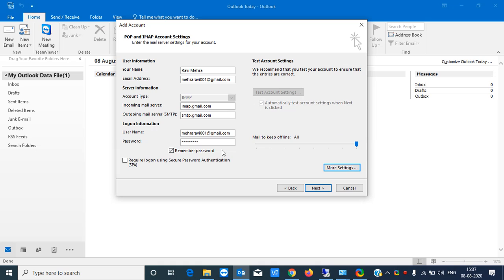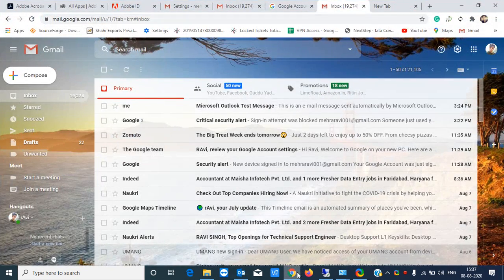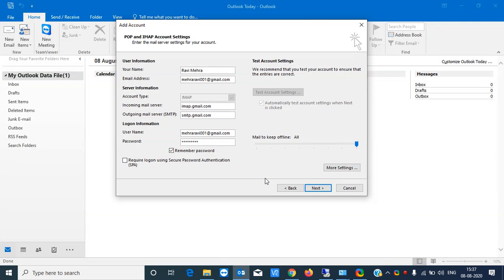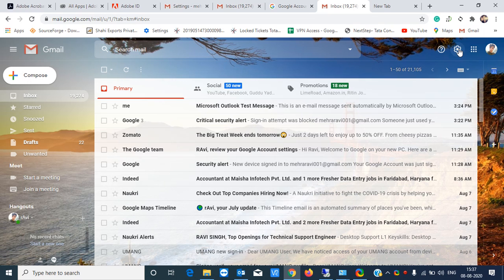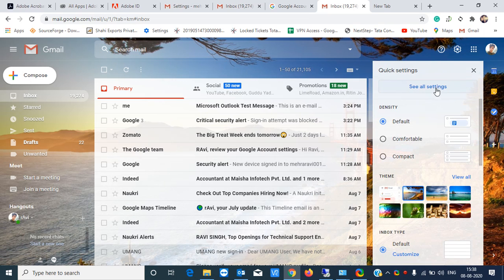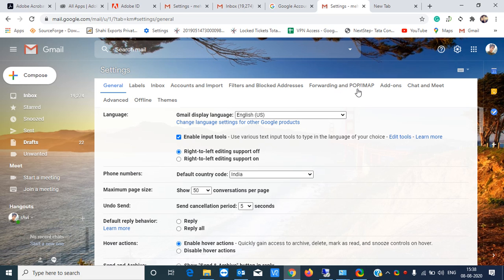But before going to Next, you have to go to your basic mail web client, which is Google, in your browser. Here your Gmail account is already open in your web client. Some settings you have to do before going to the Outlook setup. Click on your mail ID, then settings. Here you can see quick settings, See all settings. I am going to all settings. Here you can see Forwarding and POP/IMAP.